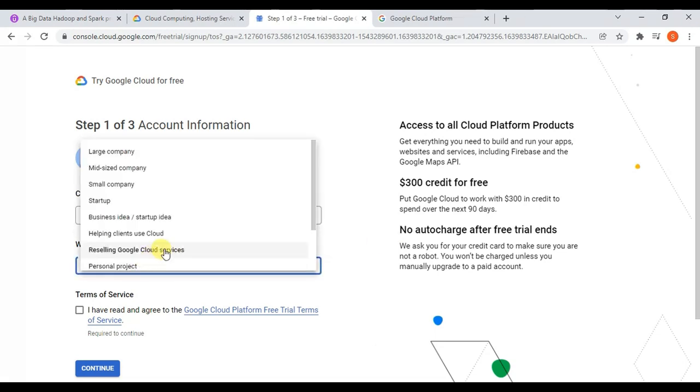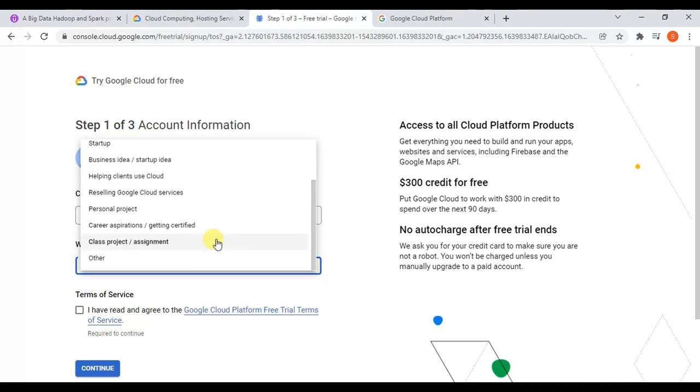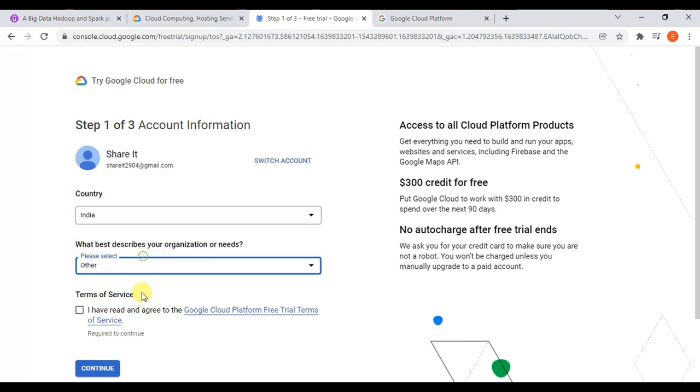Please select the appropriate details here. In this case I just chose other, but in your case if another option is more relevant, you can take that one. Just click on terms of service, which you are agreeing to, and click on continue.